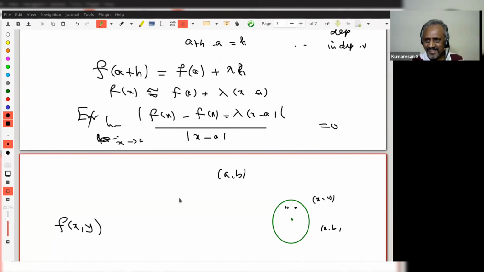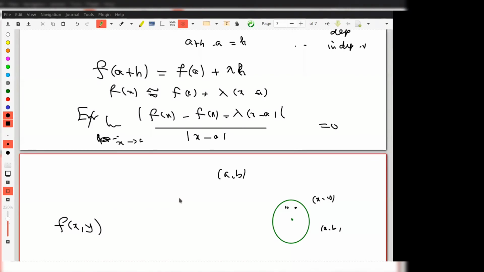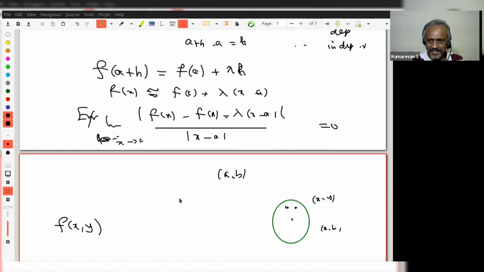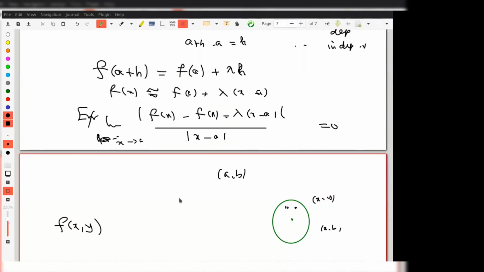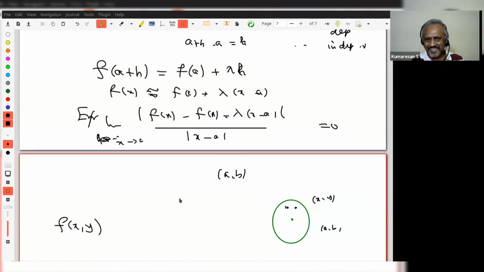Nobody? That's very surprising. Sir, f(a plus h, 0) should be. There is nothing like 0, etc. Where is 0? Please, if you are a third year student or second year student, you had already seen partial derivatives, do not come in with that. You see, that's a problem. People who have learned try to recall and say something; instead, think along with me and try to say that. So it's always easier to teach somebody who has not been taught earlier.